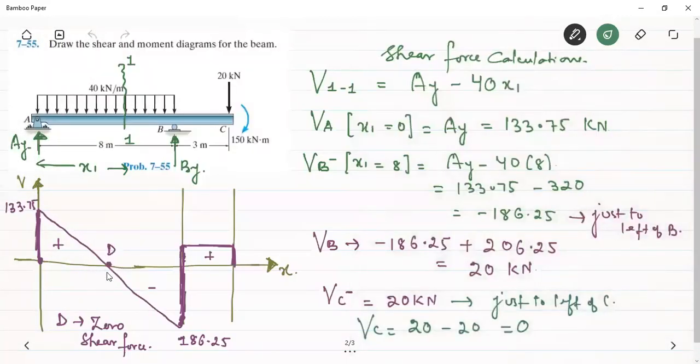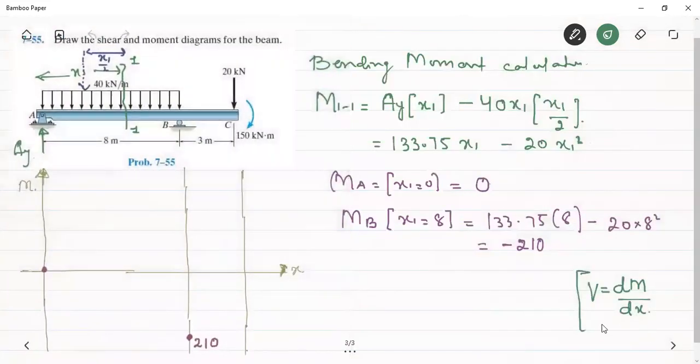So we can see that there is a point D where we have zero shear force. If the shear force is zero at any point, then what can we say? The bending moment is maximum at that point, because if the bending moment is a function of x and we differentiate it and the differential comes out to be zero, then the bending moment at that point is maximum. So one important thing to remember is that the bending moment is maximum when